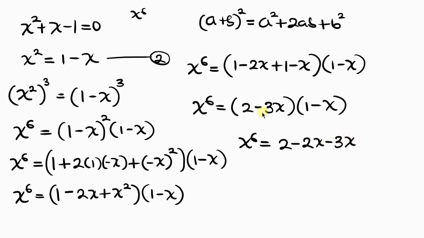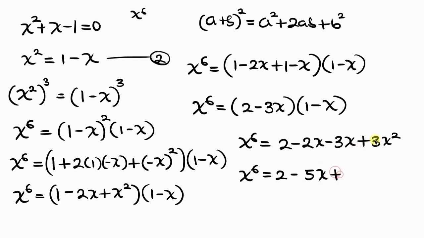And lastly, negative 3x times negative x gives plus 3x squared. And this simplifies into x to the 6 to be equal to, now I have 2 here. Now negative 2x, negative 3x gives negative 5x